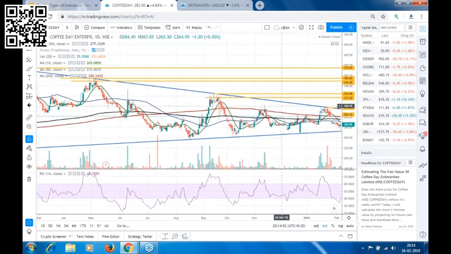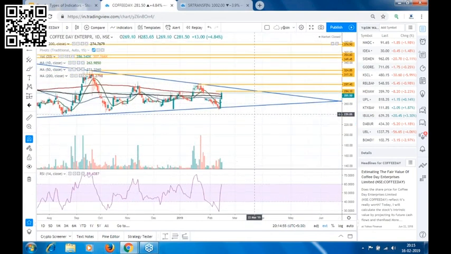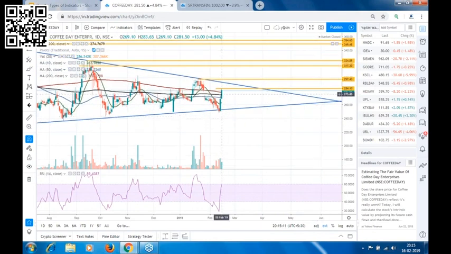So one stock that we can keep on radar, this is a cash stock, Coffee Day, is looking good to me because this is bouncing from the support of your trend line, and also this has crossed your moving averages and closed above the 200 period moving average. So once the high of this is broken, say around 283.65 is the high, I will take a trade above 285, and 295 to 300 will be my target. We can keep this on our watch list. This can be your trade from support.